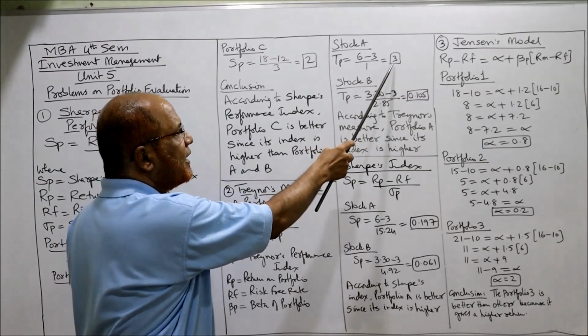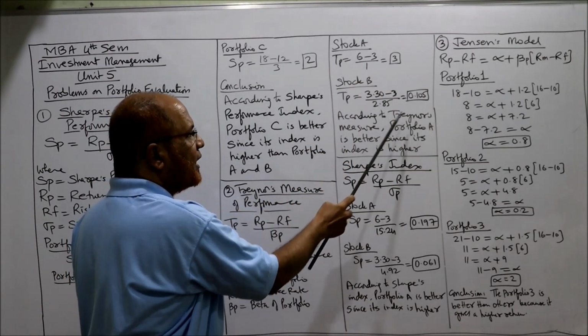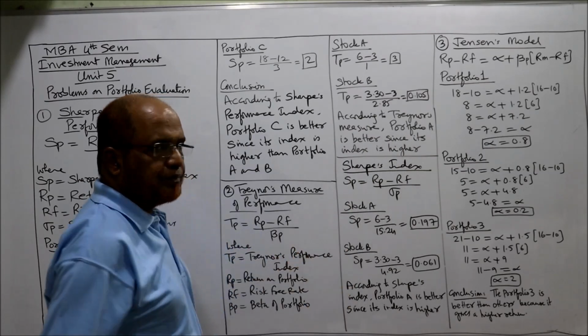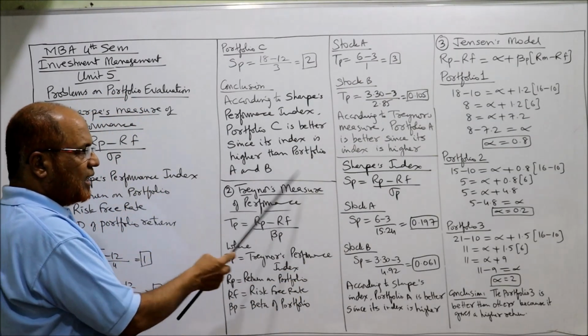तो अब ये दोनों को कंपेयर करिए, कौन सा इंडेक्स ज्यादा है? स्टॉक ए का इंडेक्स 3 है, स्टॉक बी का इंडेक्स 0.1 है। तो अकॉर्डिंग टू ट्रेनर्स मेजर पोर्टफोलियो ए इज बेटर सिंस इंडेक्स इज हाई। ये ट्रेनर हो गया।